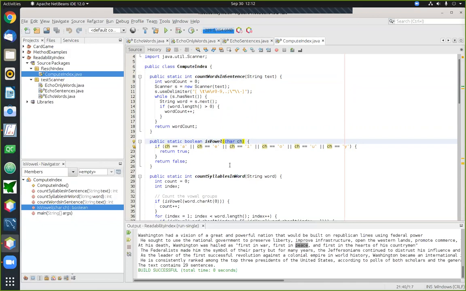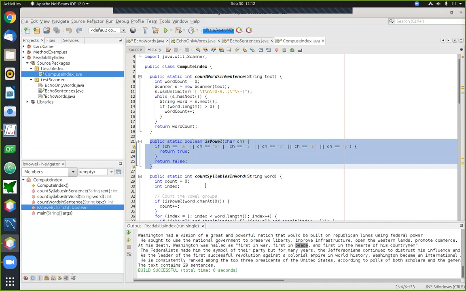Java has a data type, it's called the char data type, that is used to store individual characters. So if you're going to be working with a single character, the correct type to use for the parameter is this char type. All we're simply going to do is set up an if statement here that checks to see what character is in that ch. And if that character is any one of these vowel characters, we'll return true. If it's anything else, we'll return false. So that's a simple method for answering a question: is this character a vowel or is it not?